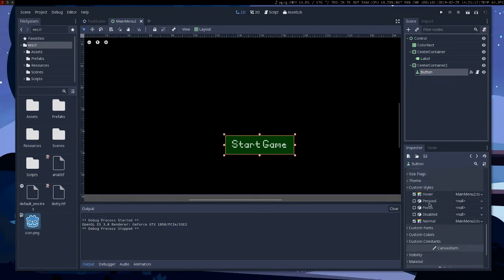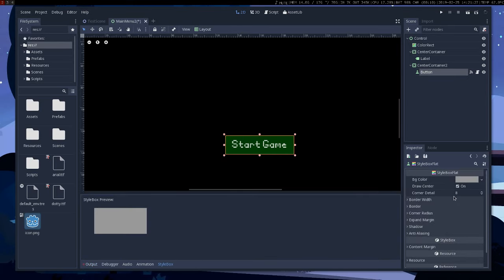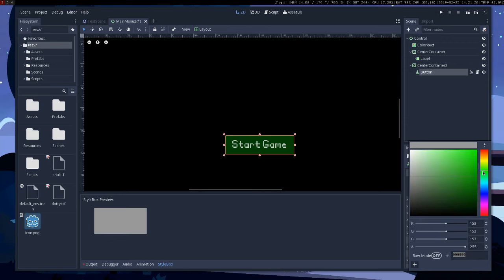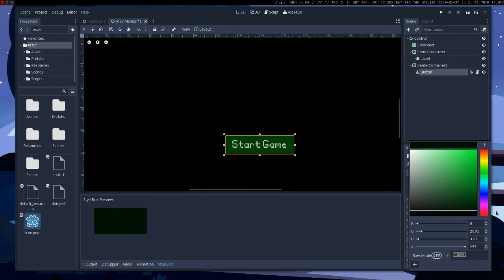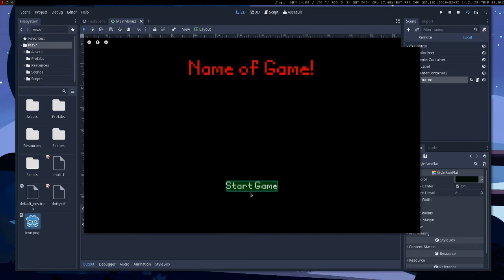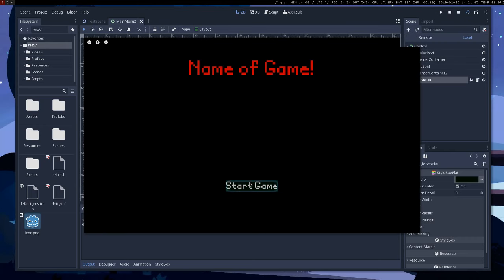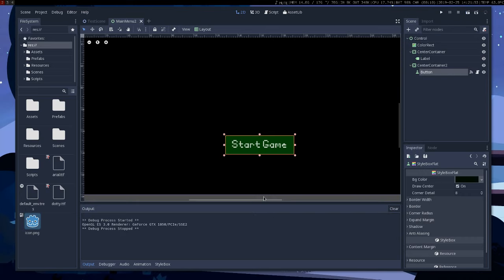There is also the pressed state, and this is going to be when the player's actually pressing down currently. So we can make this a darker green. So maybe you just do a real dark green. So now that's kind of harder to see, but that works. And then there's also that selected state. So if you select it like that, then it's going to have this little blue border around it, and that's the